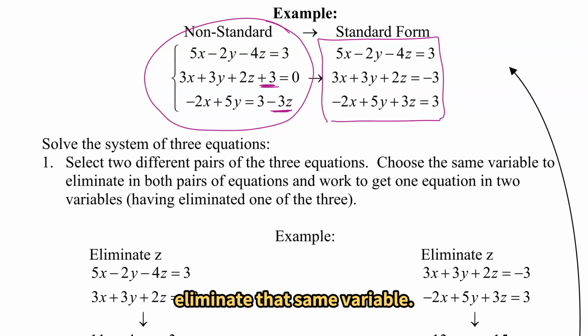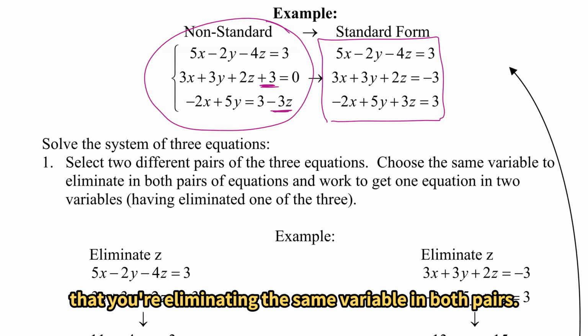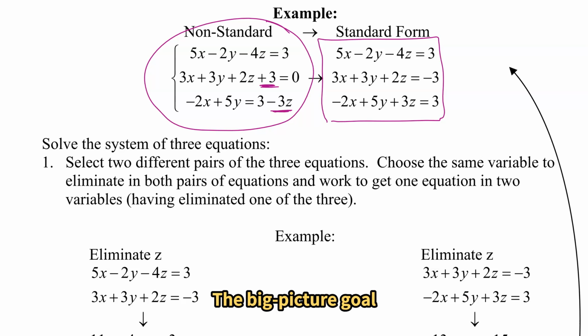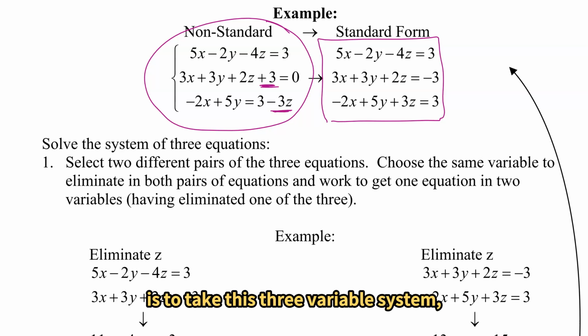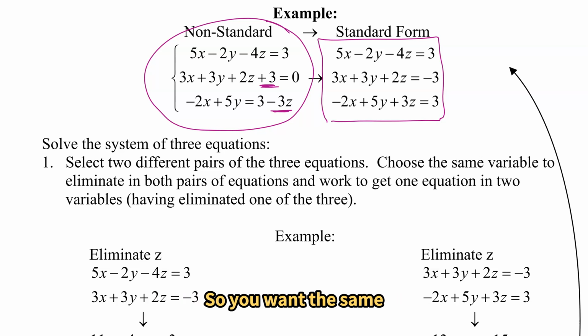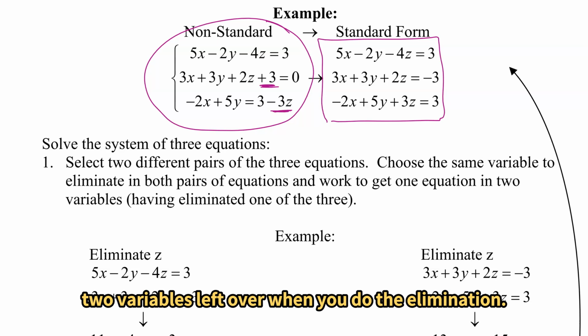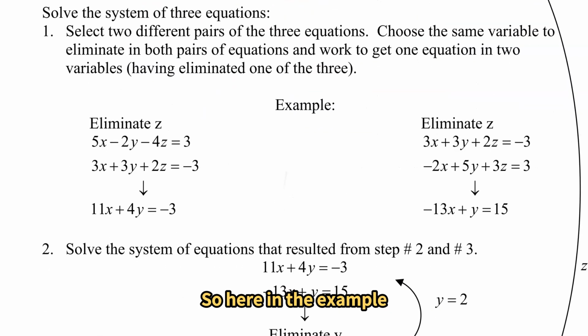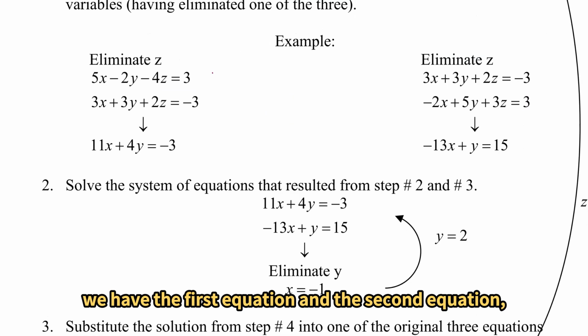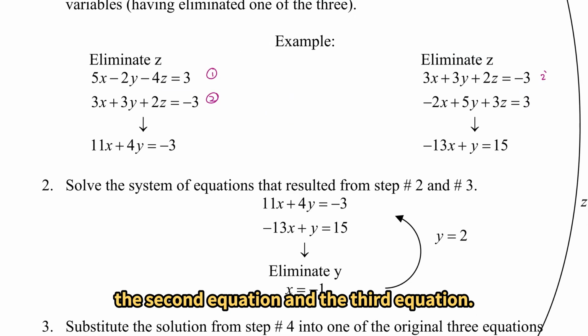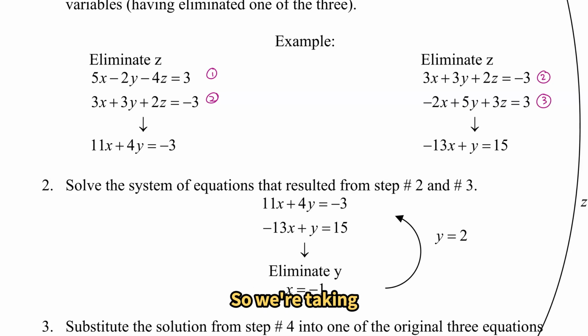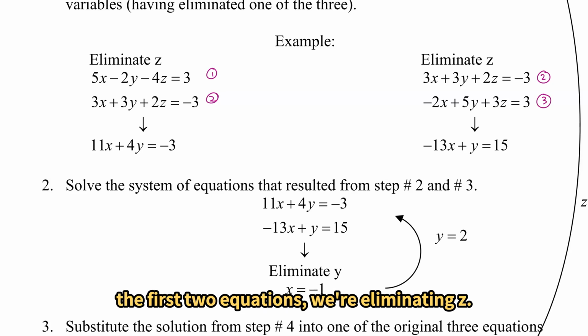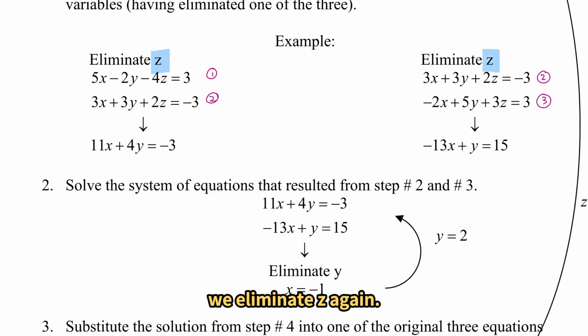Eliminate that same variable. It is extremely important that you're eliminating the same variable in both pairs. The big picture goal is to take this 3 variable system and turn it into a 2 variable system. So you want the same 2 variables left over when you do the elimination. So here in the example, we have the first equation and the second equation, and the second equation and the third equation. So we're taking the first 2 equations, we're eliminating z, and in the second pair, we eliminate z